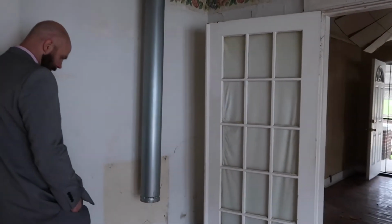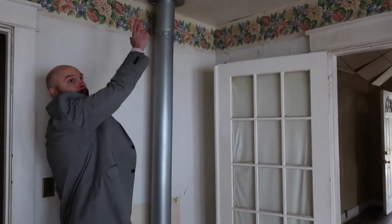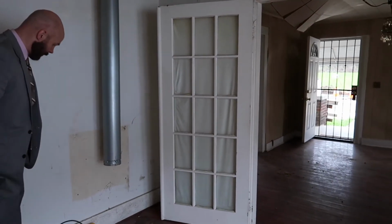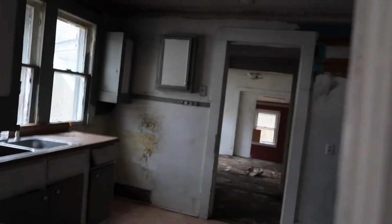This looks like a gas line, and this is how they would vent it through the attic space and out the top of the roof. Okay. So it wouldn't just trap too much heat in here, possibly. There was a stove here at one time, more than likely. A stove in a dining room or in a living room is a little bit odd, but this is the